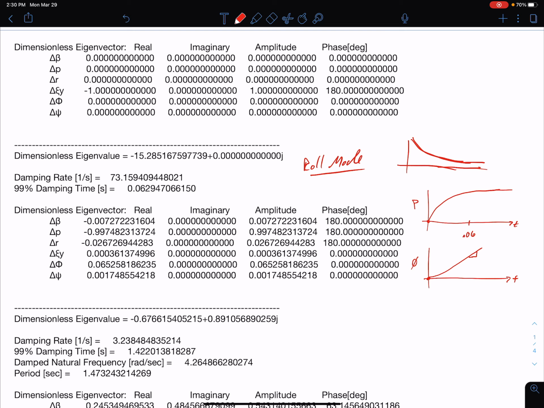Now, most pilots don't really notice that they have this time where they're ramping up to a constant rolling rate. And so really they usually associate an aileron deflection with a magnitude of constant rolling rate. So if they put in 5 degrees, then they're going to get up to this rolling rate nearly instantaneously. If they put in 10 degrees of deflection, then they would get up to a higher rolling rate nearly instantaneously. And so really they don't notice this much.